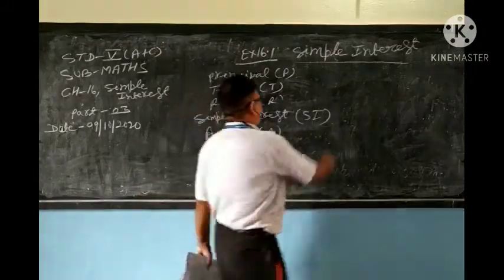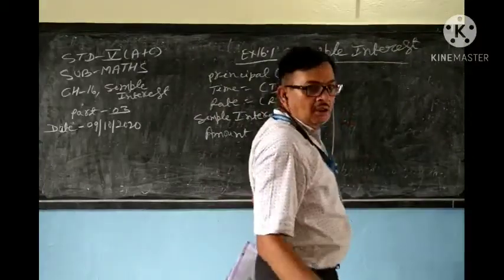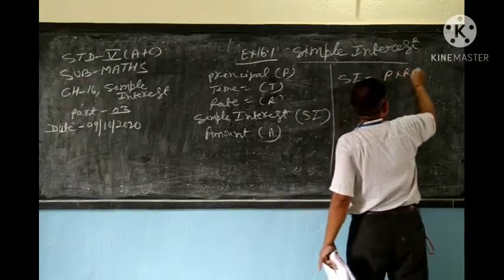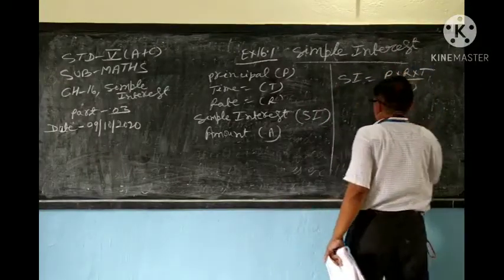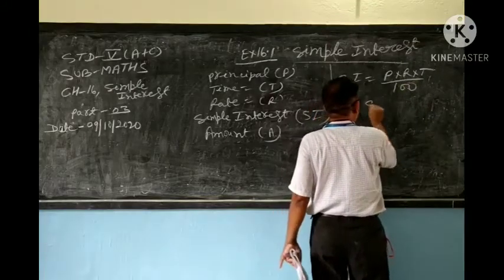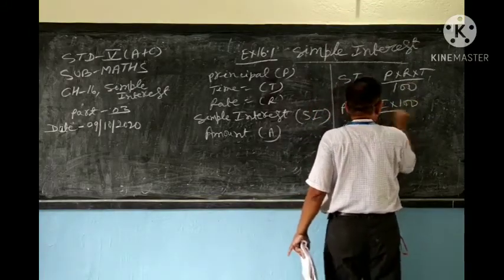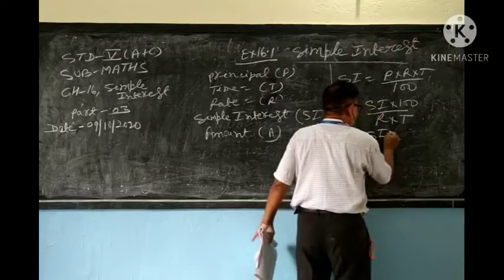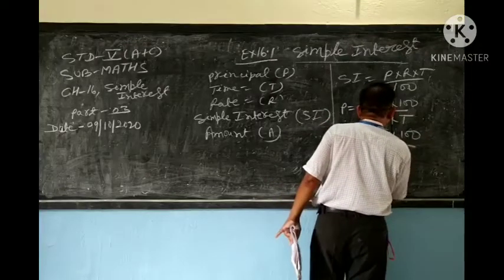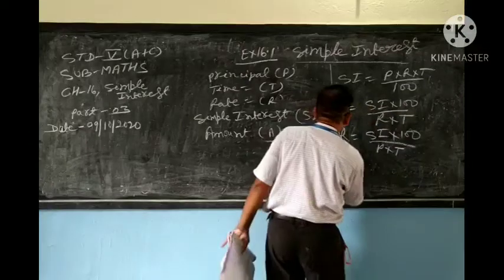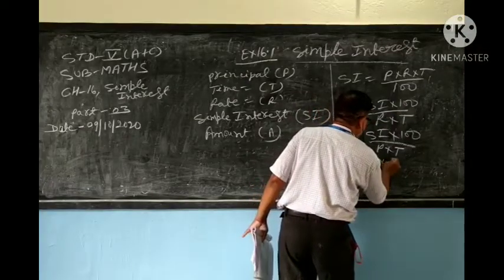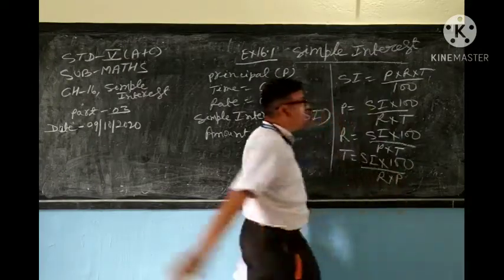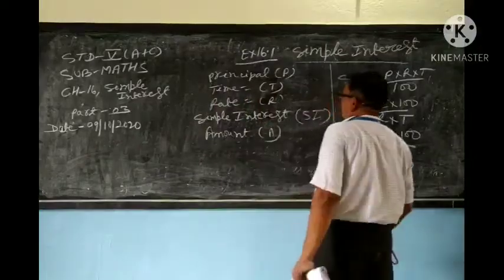Please listen, my dear students. First, SI is equal to P into R into T by 100. Now if the question asks to find the principal, P is equal to SI into 100 by R into T. R is equal to SI into 100 by P into T. And T is equal to SI into 100 by P into R. Now sometimes they may ask questions